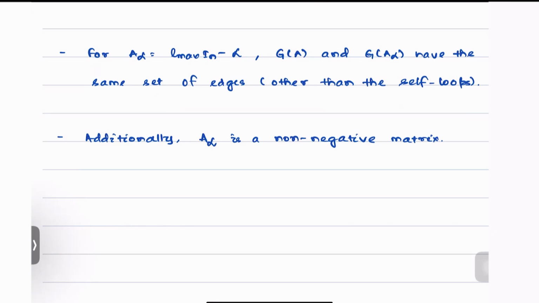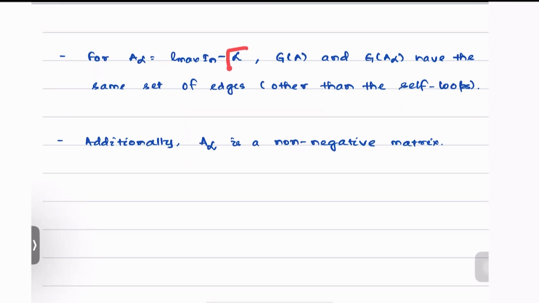We are already familiar with a lot of nice properties that we can associate with the adjacency matrix when it is a non-negative matrix. So what have we effectively done? We started with the Laplacian for a given digraph. Using this Laplacian, we constructed a new matrix AL. The new matrix AL represents yet another digraph, but this new digraph is exactly the same as the original digraph with the addition of a few self loops. Additionally, the adjacency matrix for this digraph is a non-negative matrix.